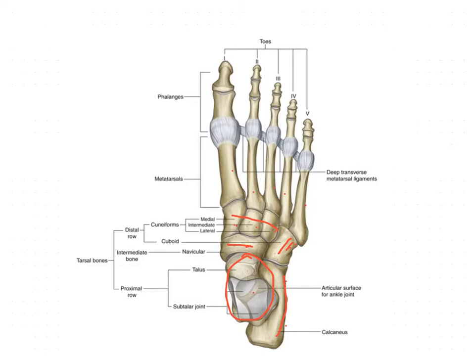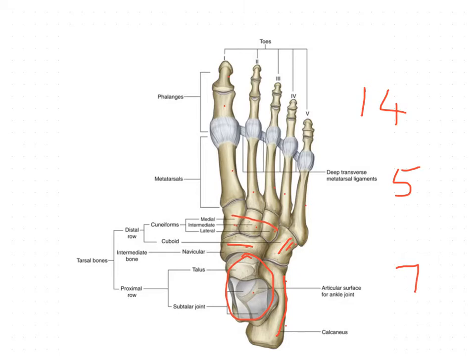The phalanges are the same as in the thumb. The great toe has only 2 phalanges. The remaining 4 toes have 3 phalanges each. So that means 14 phalanges are there. So 14 phalanges, 5 metatarsals and 7 tarsal bones. Total we get 19, and with 7 we have 26 bones in the foot.